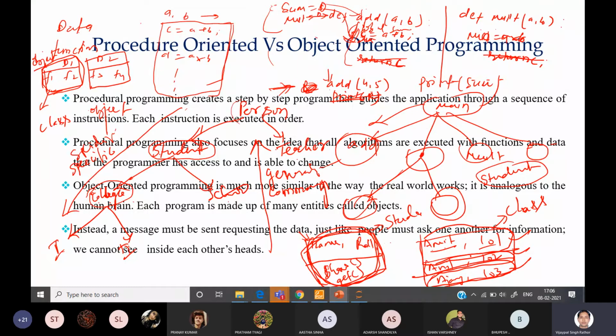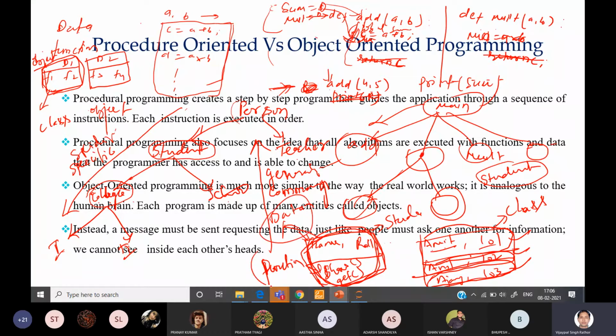So attribute in programming is mapped with the data member. For the student, the attributes we are keeping are name, roll number, marks, etc. These are the attributes, so we are mapping them as data members. And behavior is what the student will do. The student will perform reading or writing, he or she will be doing. So based on this behavior we are considering the function. So reading or writing are behaviors that can be mapped with a function in the programming. Here we are showing show and get as functions.